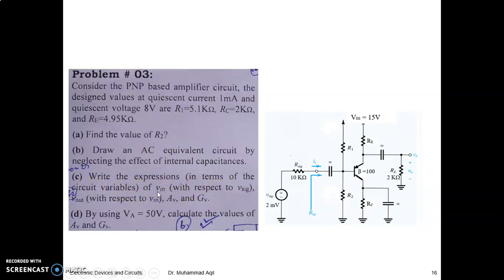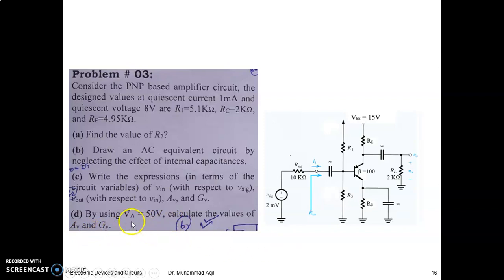V in with respect to V signal, and V out with respect to V in, AV and GV. Obviously, we write the V in terms of V signal to get GV, and V out with respect to V in to get AV, right? And then use these things to find AV and GV,